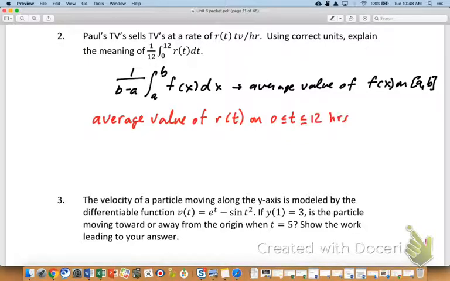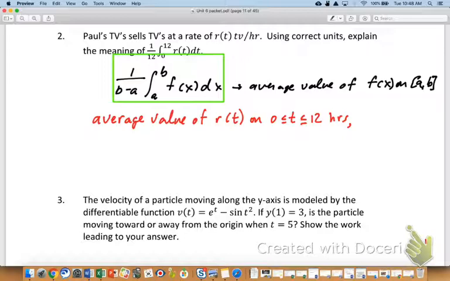So it's the average value of the rate, even though it's the integral of the rate? So this formula right here, I want you to think about this. Isn't this the average value of whatever f is? So if f is a rate, it's the average value of a rate. If f happens to be an amount, it would be the average amount. That'll give you the average value.